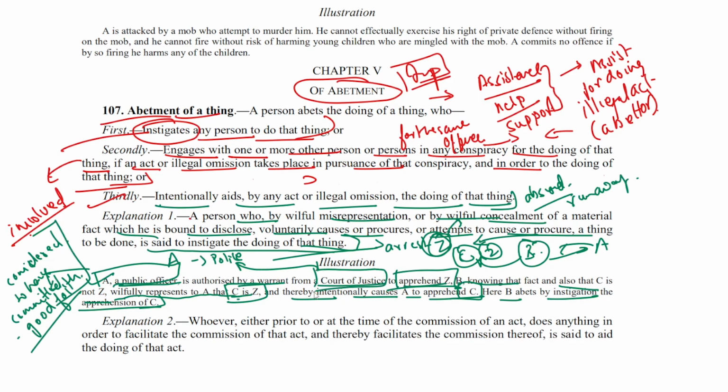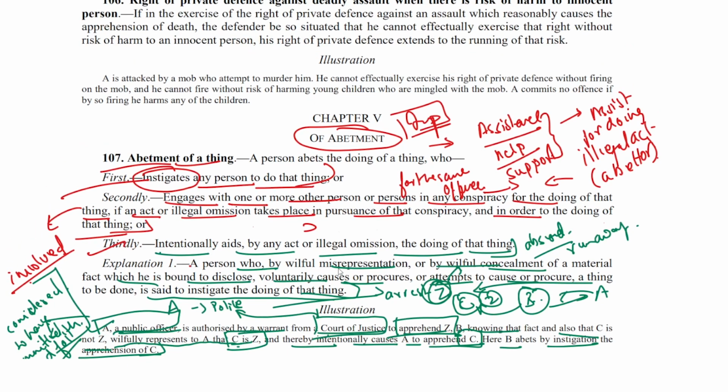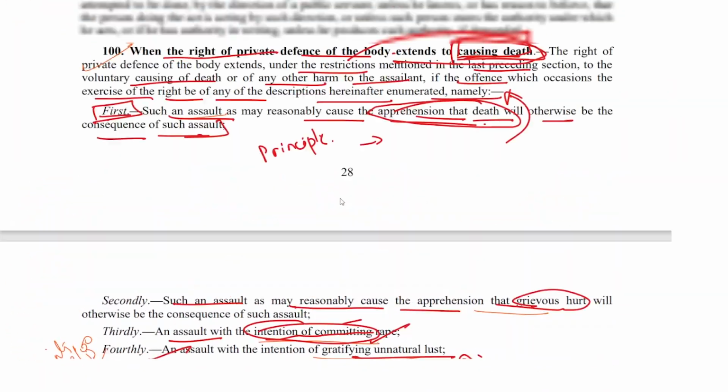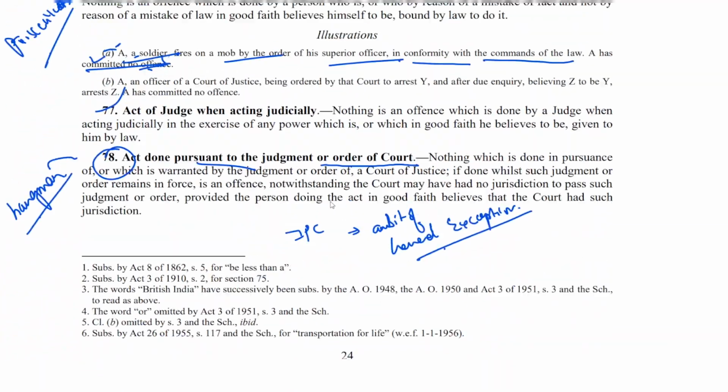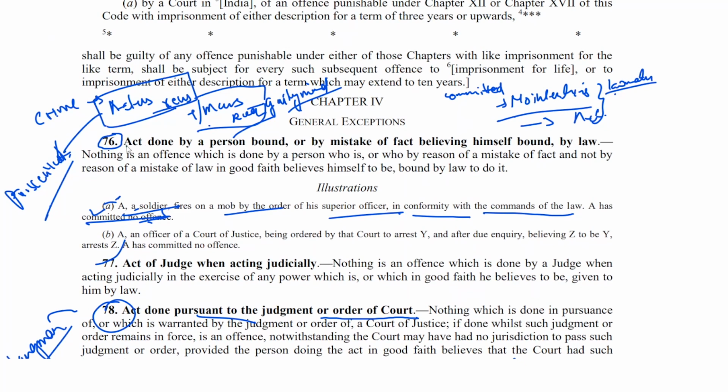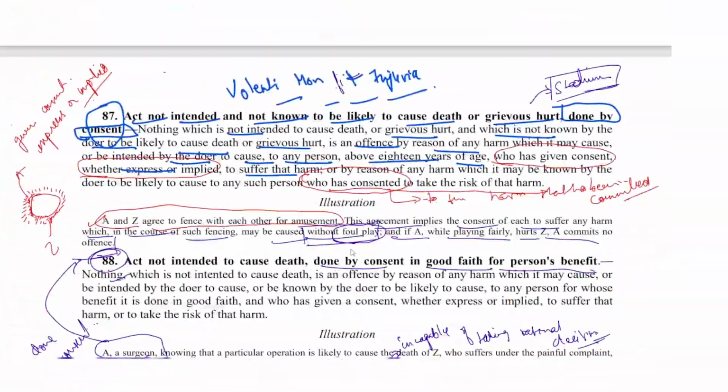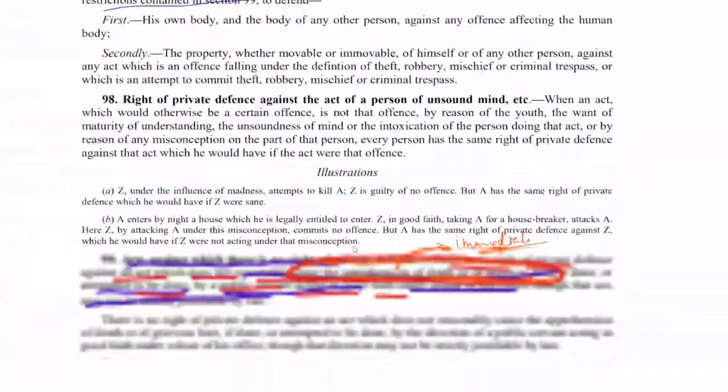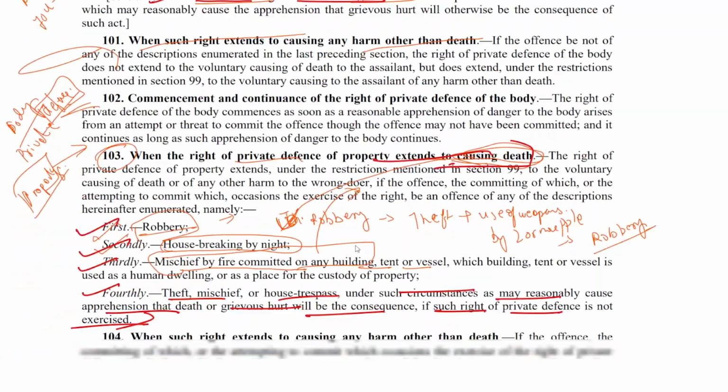And we have studied in our previous exceptions that an act done by a person bound by law, or by mistake of law believing himself bound by law. So if that act has been done by the public servant, even though the public servant has not committed any crime, but